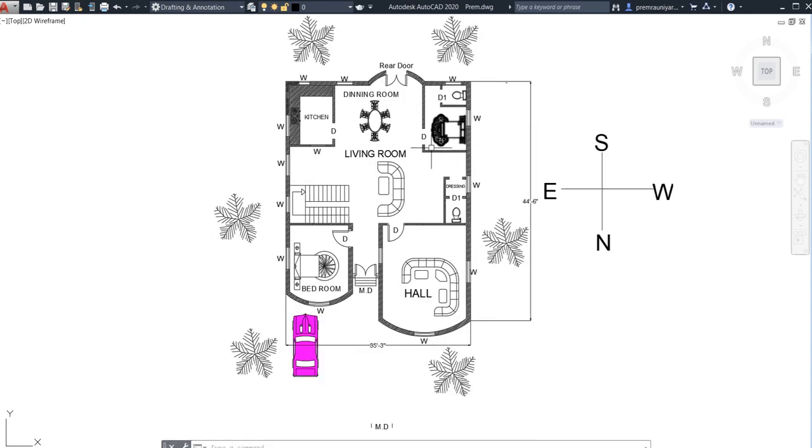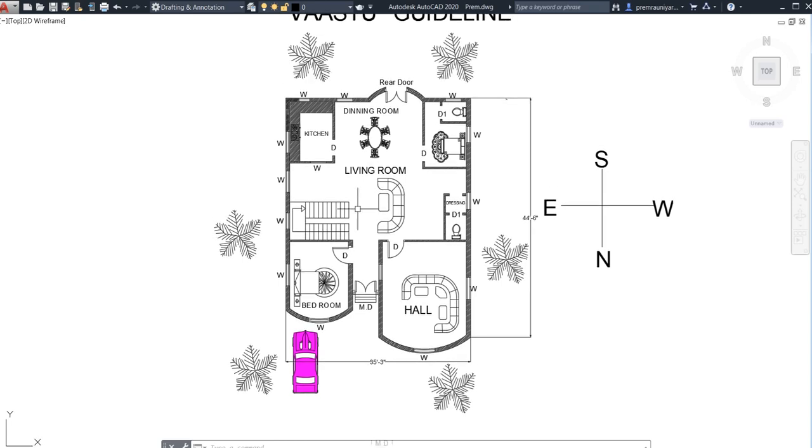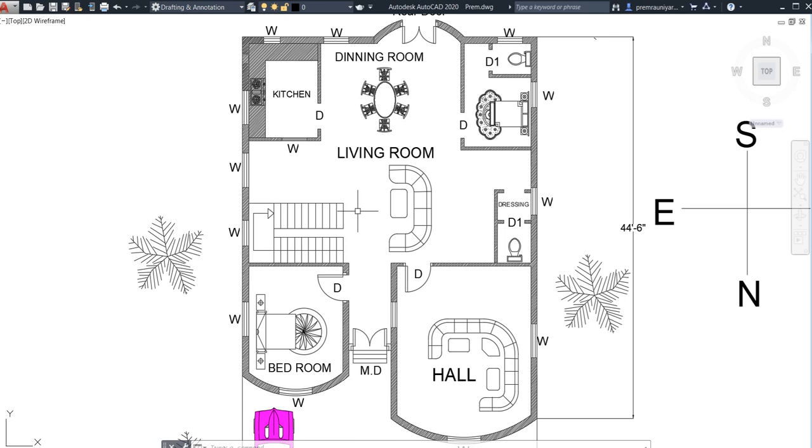the maximum durability of a home will be 100 years, nothing more than that. According to that, our age will be 60 or 64 like that only. So in our life we generally construct a home once in a lifetime. So we need to keep all these things in mind.